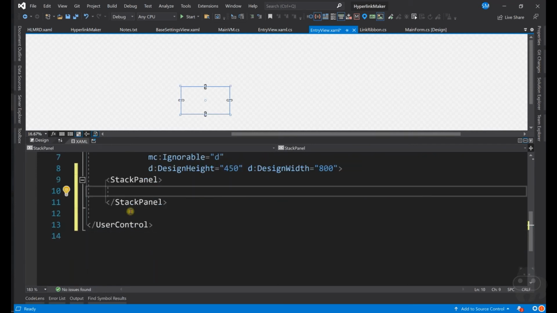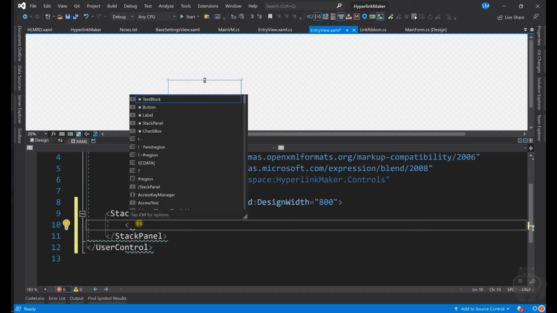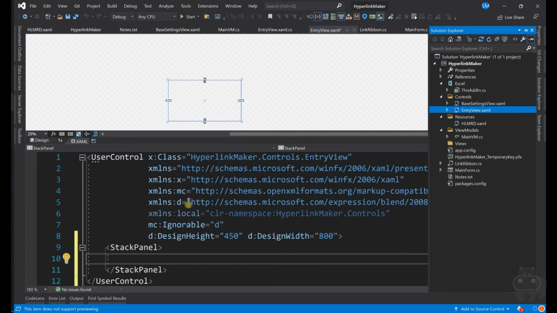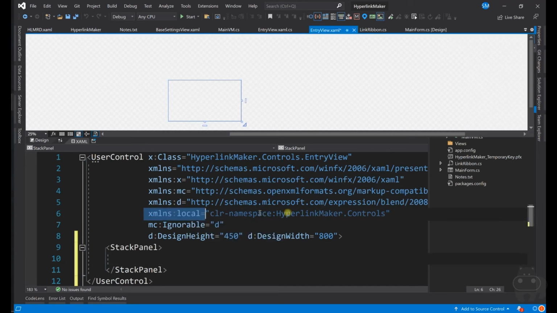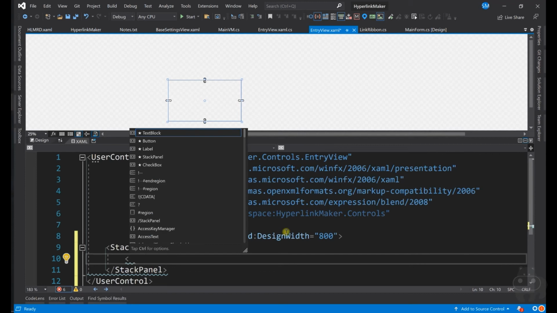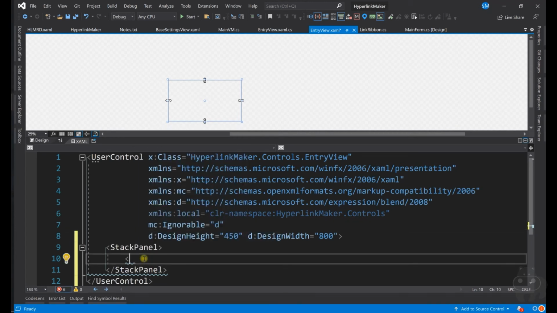Okay, I'm going to call a stack panel, and the first panel that I will be calling is another control which is present in the same folder, which means it is present in the same local namespace. So all you need is to call the local, because both are in the same namespace. If it is in another namespace, you need to call it, but both are in the same namespace.